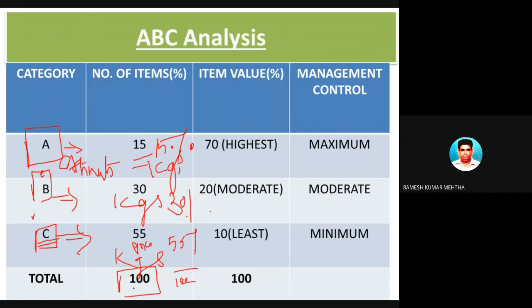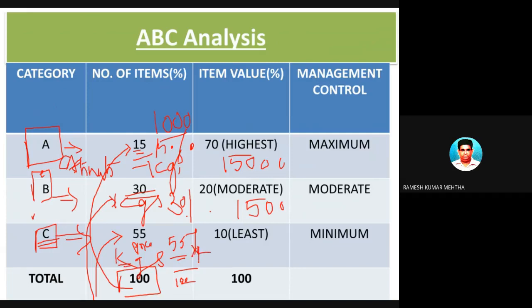Lowest quantity is this one, medium quantity is this one, and highest quantity is this one. Now 15 kilos is my cashew nuts. 1 kilo is 1,000 rupees, so the total investment is 15,000 rupees. Rice, every kilo is some 40 rupees, or 50 rupees I will take, so 1,500 rupees. And onions, there are 55 kilos, and each kilo is, for example, 10 rupees, which is 550. So the total is around 17,050.